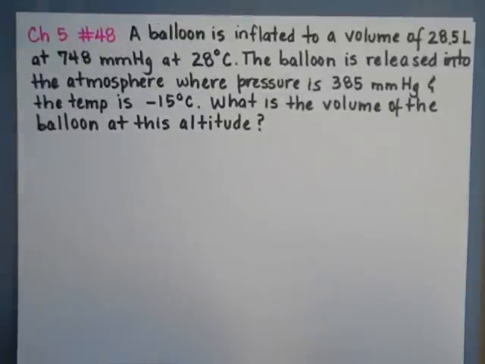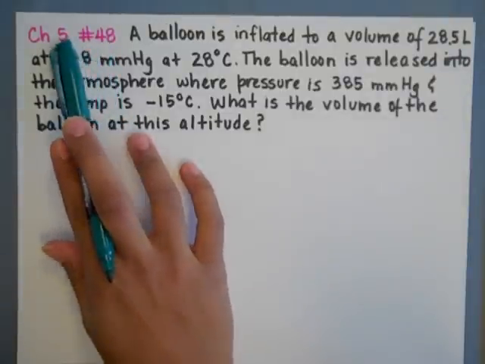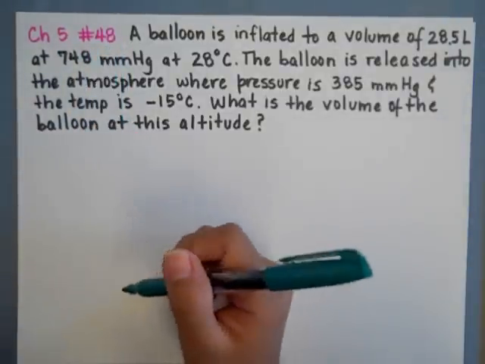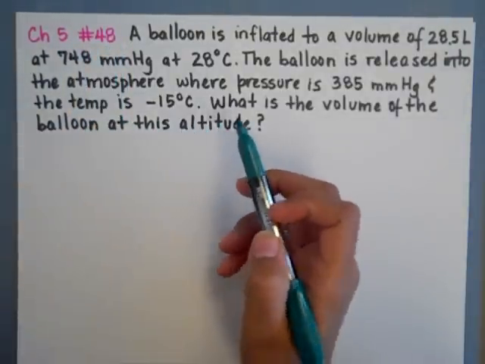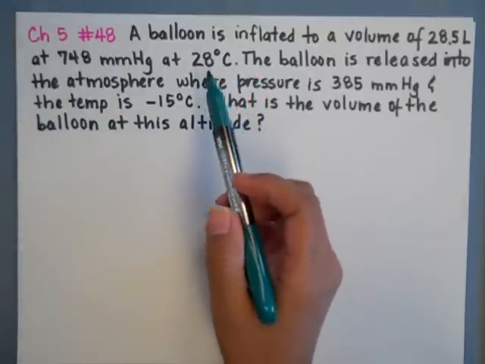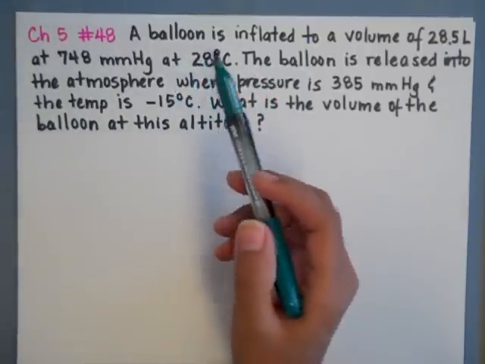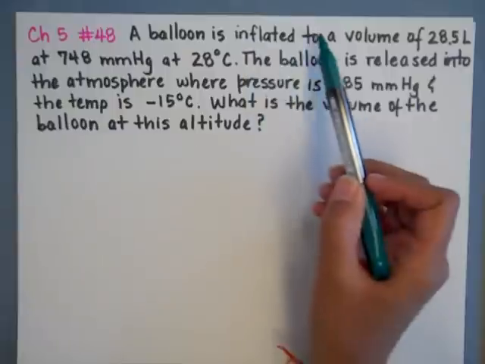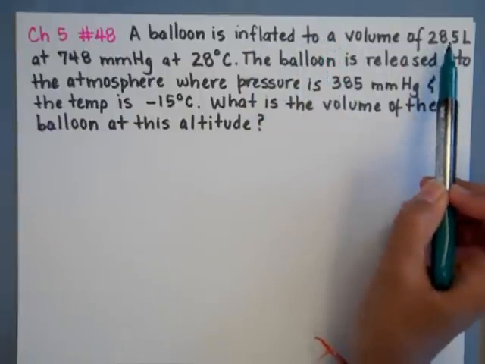So this problem is about using the combined gas law, and it's out of chapter 5, number 48 in the back of the book. It's like the modified version, but it's the same problem. So this one, we're going to analyze what happened in a balloon that was at a certain volume, 28.5